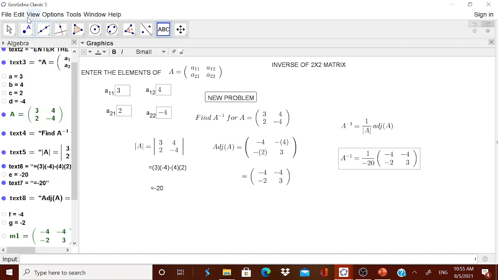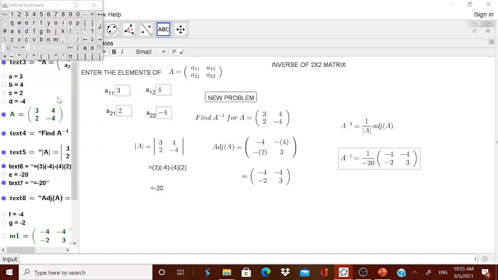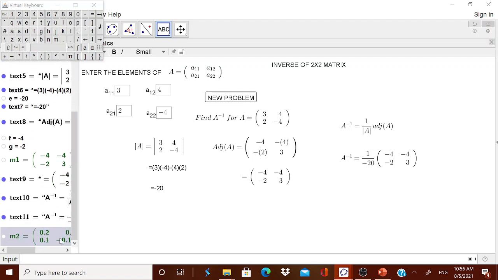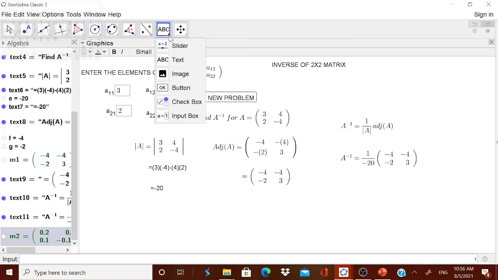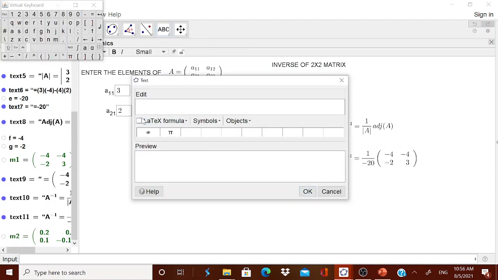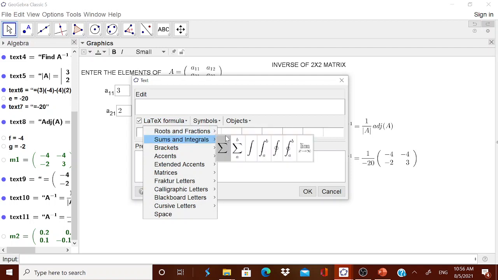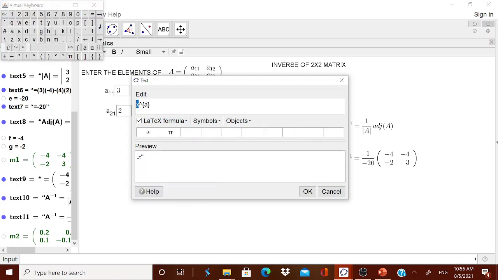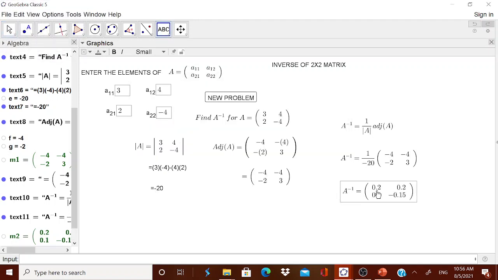that is also possible. Go to this view, the keyboard will open. Then here you type capital A, already that is a matrix capital A. Then go to this power, there is a cap, then power minus 1. Let me just click it. Now automatically you will get the next matrix as M2. Therefore you can have the text now. The latex formula, go for this, we are at the final stage, capital A, then minus 1 is equal to, directly go for this M2. Fantastic. Now if required you can show it to the children.